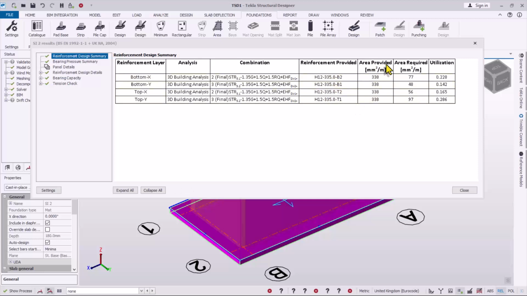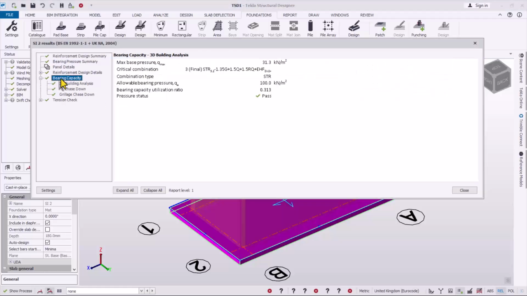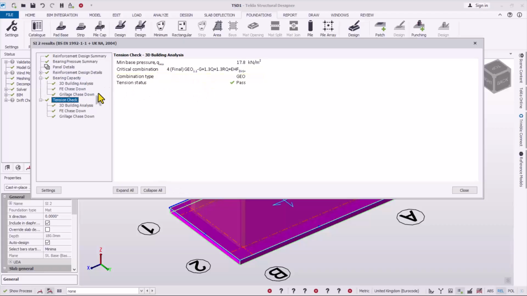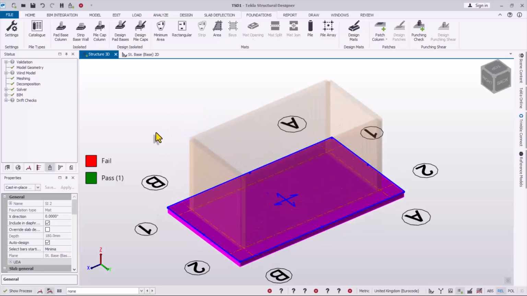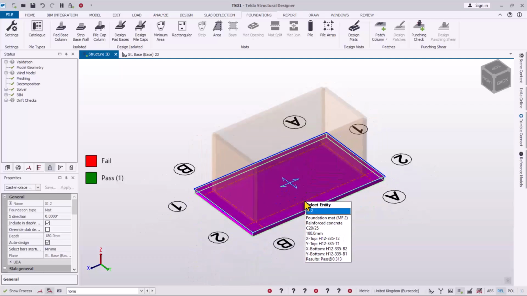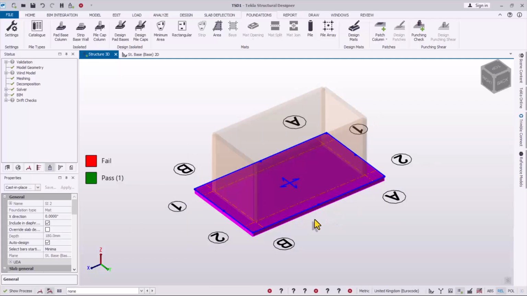And then these are the area provided, and then these are the required area. All right, so this is the U ratio. All right, so you can check the bearing capacities, informations, the torsions, everything has passed successfully. Click on the close options. That is for the foundation design. All right, so now we are done with this design. We want to start to produce the detailed drawings. Okay, after the detailed drawing, we now go into the report